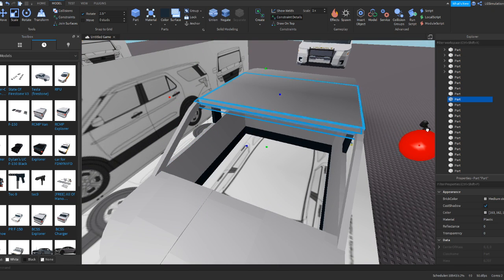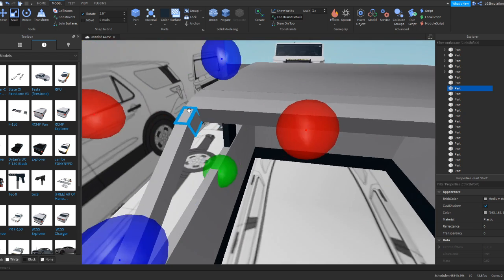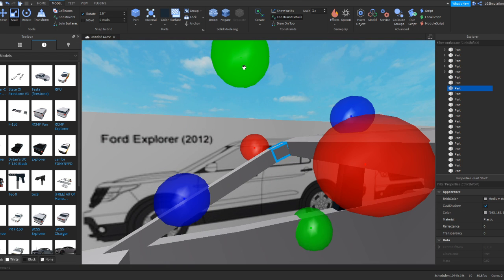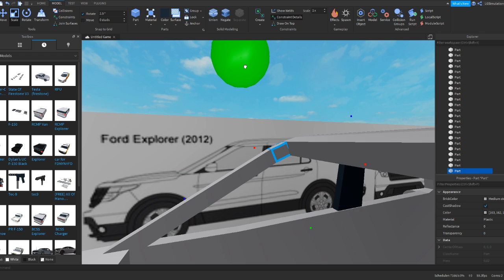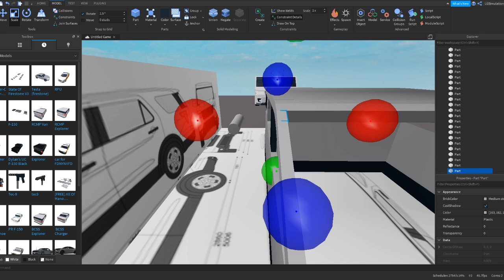So yeah. And now you want to do the windows. So duplicate, make smaller, and